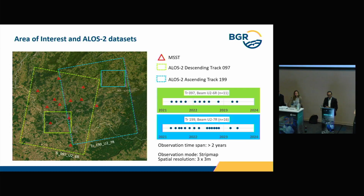And I will show you examples from these two areas in green and in blue with the solid outline. I have to say that these are preliminary results because we just have 11 images for the ascending and 16 images for the descending data set. The observation time span is a little bit more than 2 years. It's a strip map observation mode with a high spatial resolution,